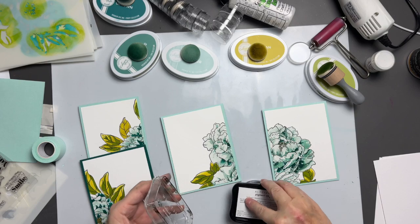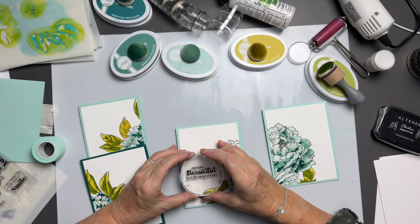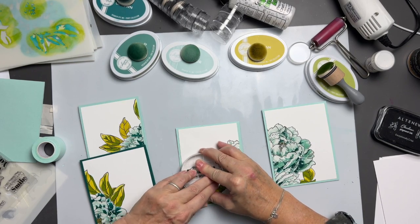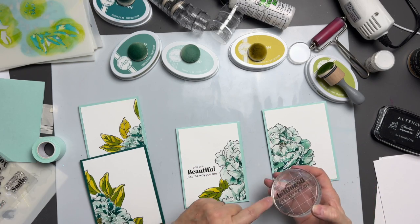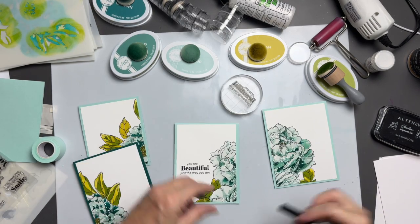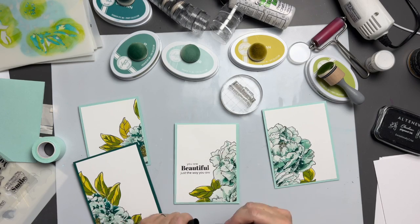Right, I mustn't mess up. I should have done this in me stamp wheel. Look at me being all brave. You are beautiful just the way you are. Gorgeous. Missed a tiny, tiny bit. Look, I never stamp it correctly. That's why I need the stamp wheel. But that is lovely. Again, look, I can cheat. I've done it in black, so I can just sort of fill it in a little bit. And no one would know. Well, you guys do, but...